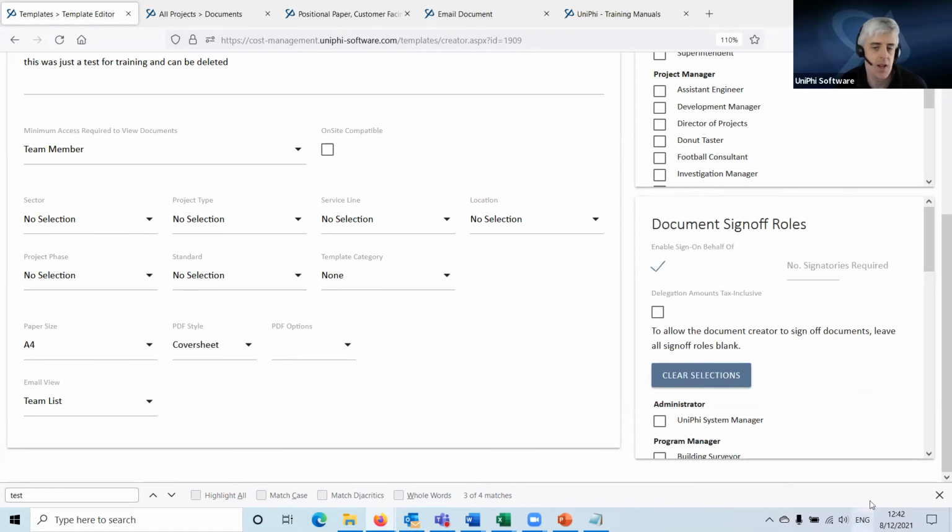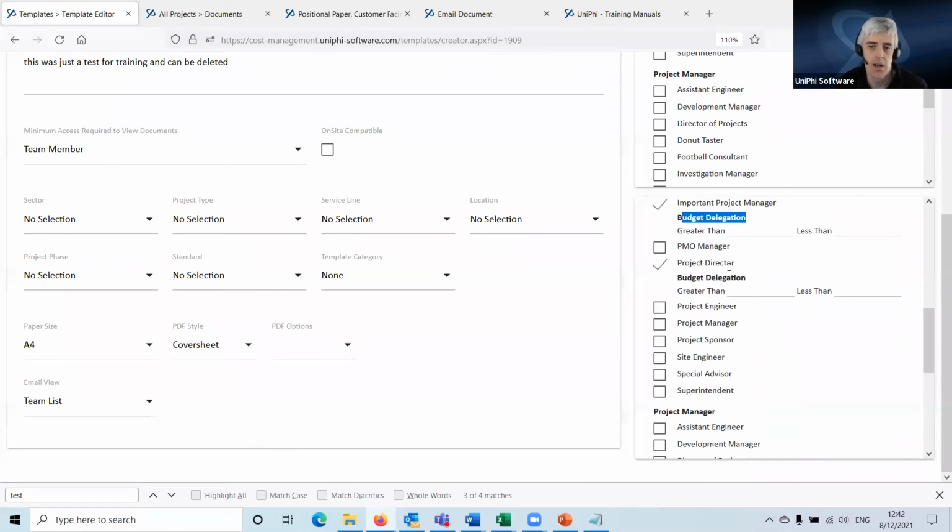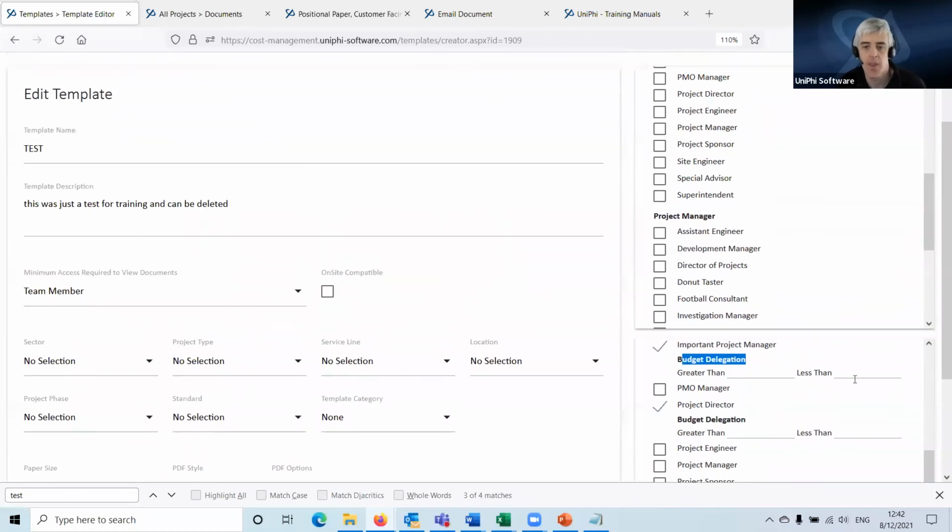You remember this document I put in that budget step. That means this can be used to approve a budget, and we can set the delegation amount that goes with this. So this works with anything that has anything to do with money. So if this was being set up as a document to issue a purchase order or issue a contract,